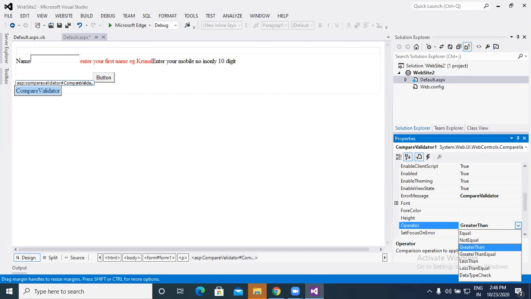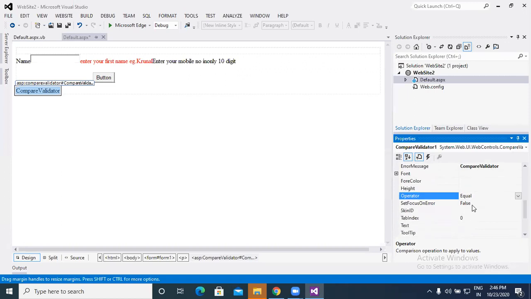Greater than or equal to means 35 is equivalent to pass, and 35 and upper, up to 100, is accepting the data. So that is the concept of greater than or equal to. Same thing in reverse, that is less than or equal to. Then another thing is data type check. If you wish to check your data types with the help of that operator, then we can use it. So in the compare validator, the operator role is the most important part, right? If you are doing equal password and confirm password, then we can apply the equal operator.